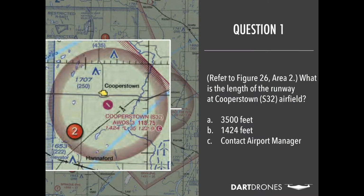So whenever you want to get information about the airport itself from a sectional chart, take a look at the verbiage that's right down here for it. Runway length is something that's found on typically the third or the fourth line, so either the last or the second to last line in these